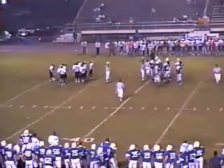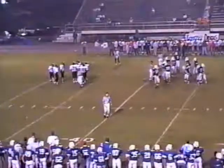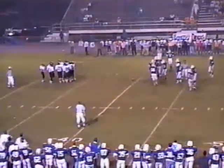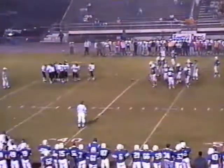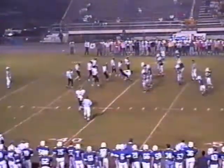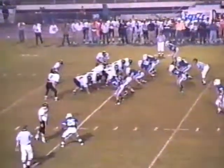Now, big defensive play here for the Blue Devil defense if they want to get the ball back in good field position. This would be a time to come up and make a big play. They've got to be wary of the bootleg pass. They fake the ball. They run the ball so well on the sweep plays. They can fake that, come out on the bootleg, and try to hit the fullback in the flat. Here come the Commandos. Man in motion coming to the near side is Cundiff and